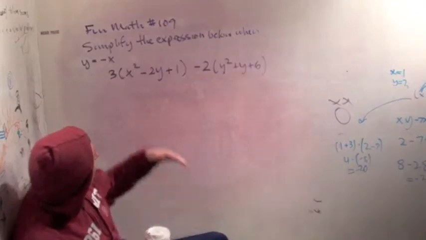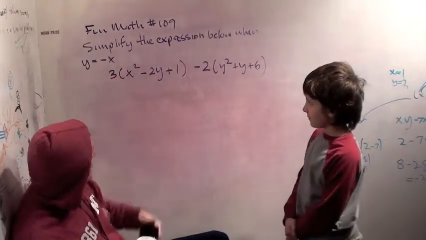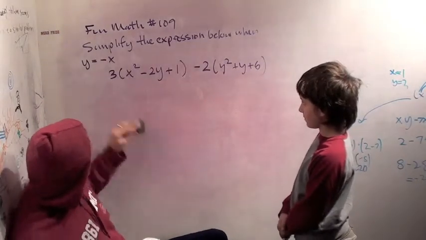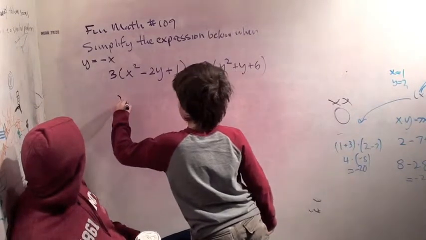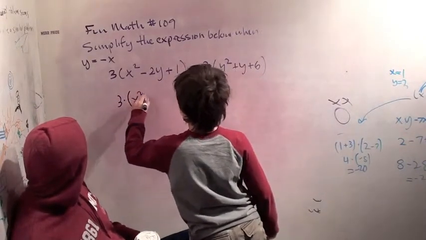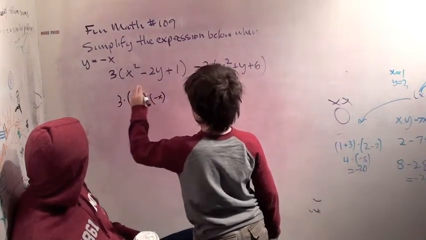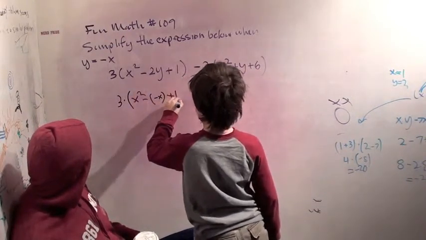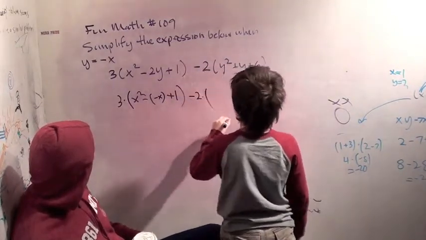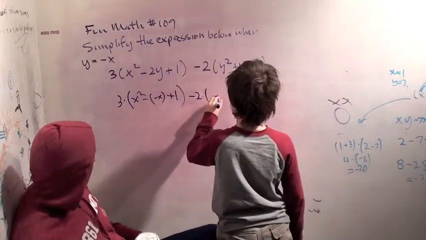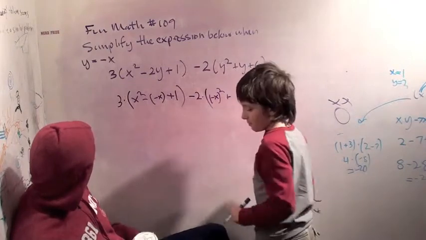So what we want to do is we have this expression that has x's and y's in it, and we want to substitute in y equals minus x and then simplify it. Okay? You want to go ahead and start? Make sure you start writing over here. So it's 3 times x squared minus x, because y is minus x, plus 1, minus 2 times y squared is minus x squared, plus, actually that's minus x